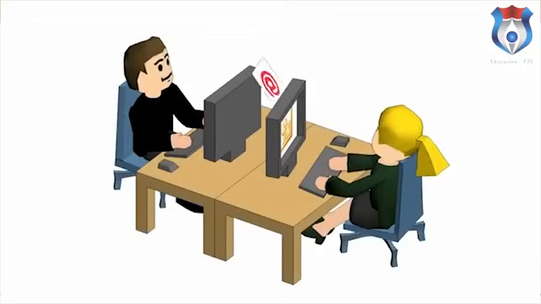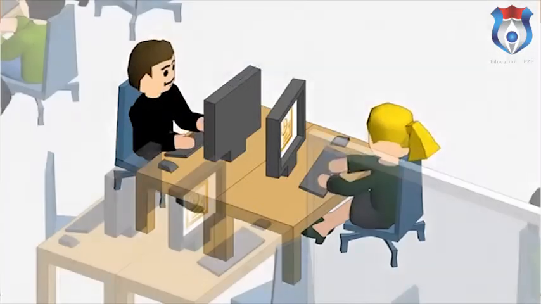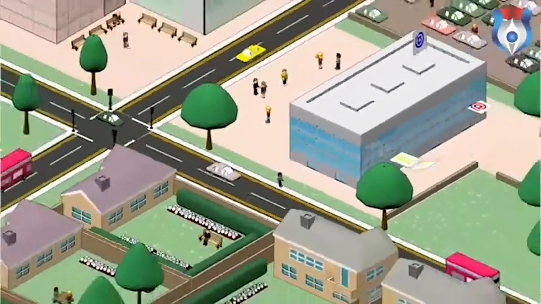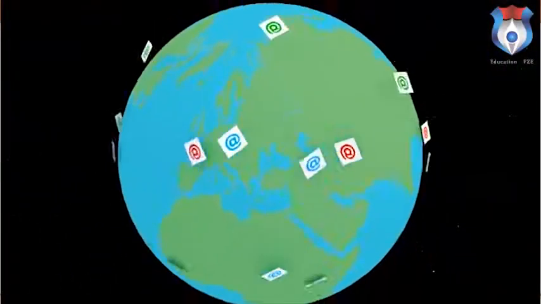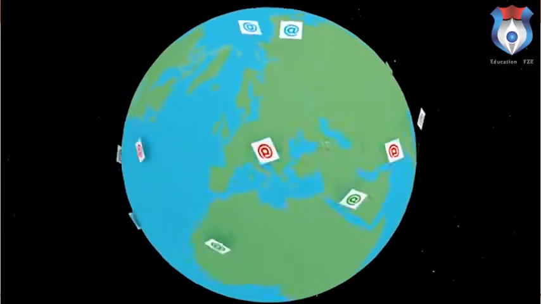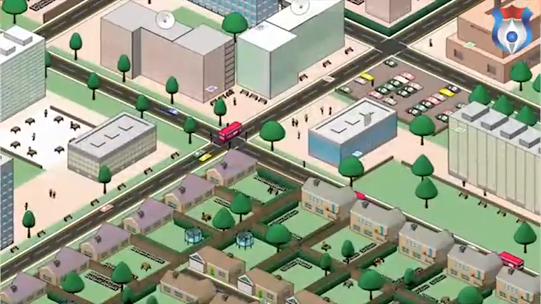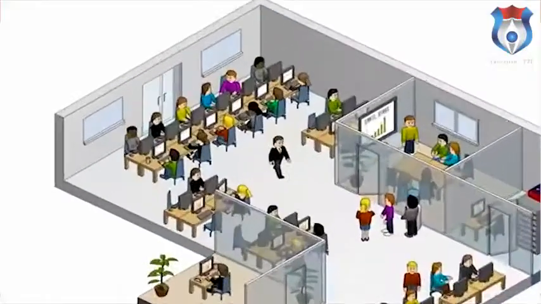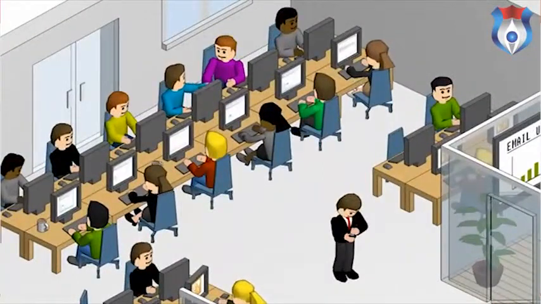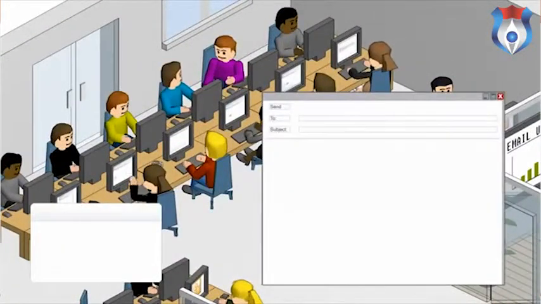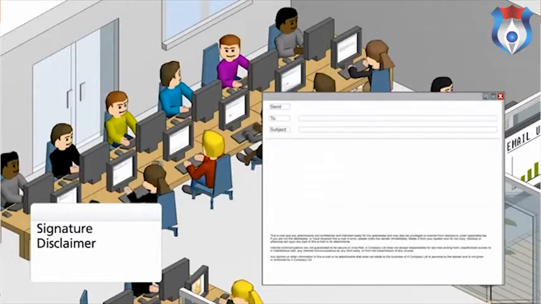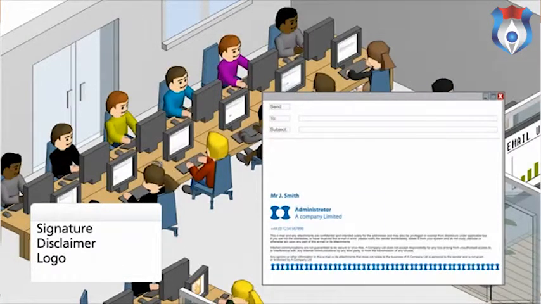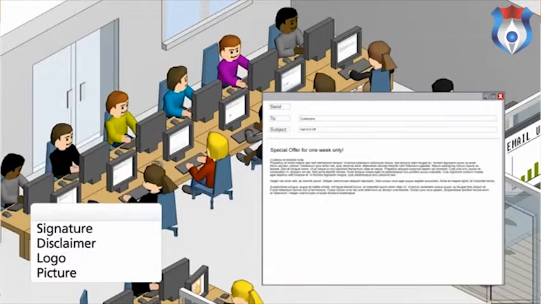Email used to be simple, but things have changed. Billions of users, trillions of messages sent all the time from everywhere on Earth, and only one you. So how can you stand out with so much going on? With email signatures, a unique reminder of your company and values on every email. Whether it's a signature, a disclaimer, a logo, perhaps all three. You can even add a picture of the sender with Outlook photos.